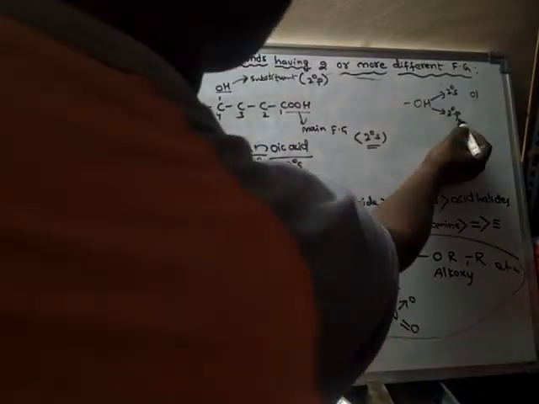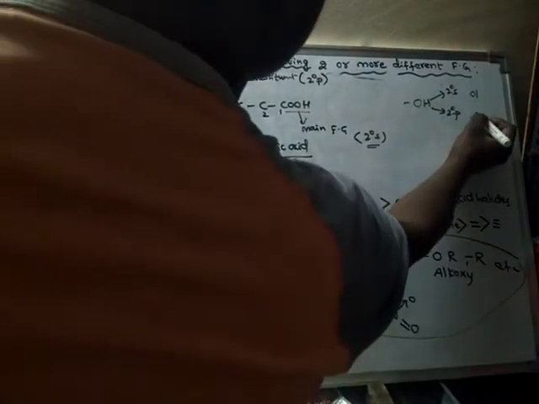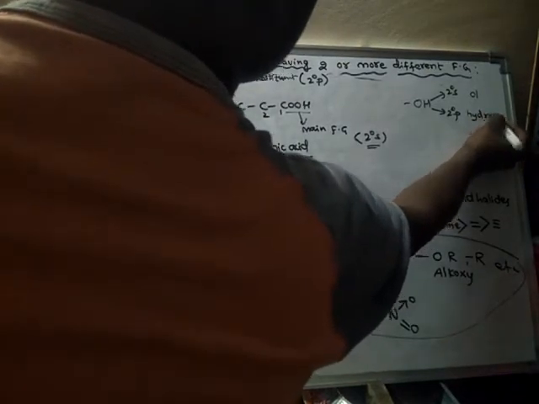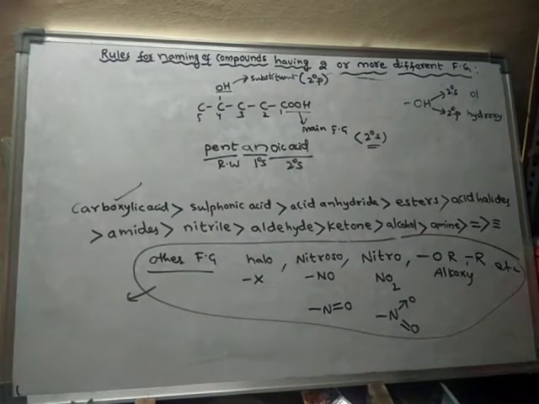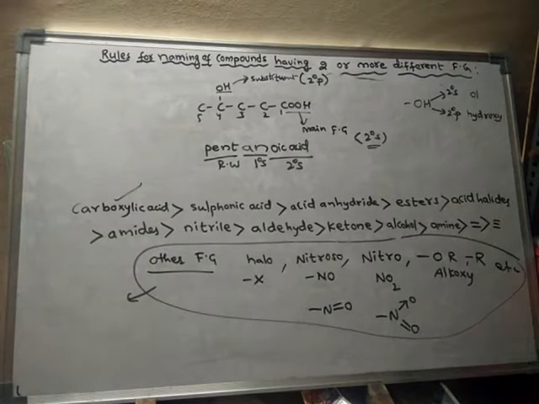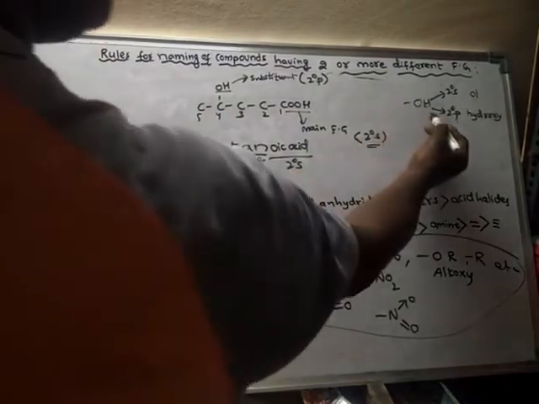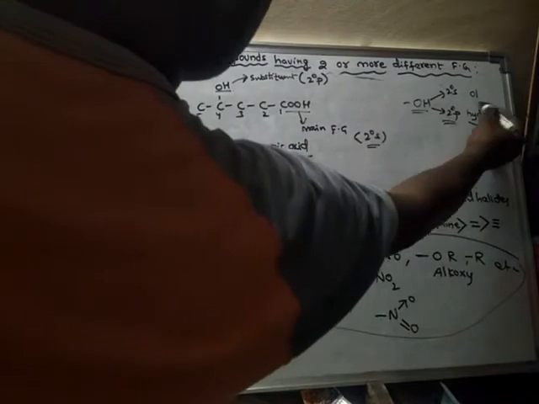What is the secondary prefix name for alcohol? So it is called hydroxy. Hydroxy. How to know the secondary prefix name of given functional groups? So I will give you a table. We have to learn the table. Based on the table, we can learn that secondary prefix name. So here for alcohol, secondary prefix name will be hydroxy.